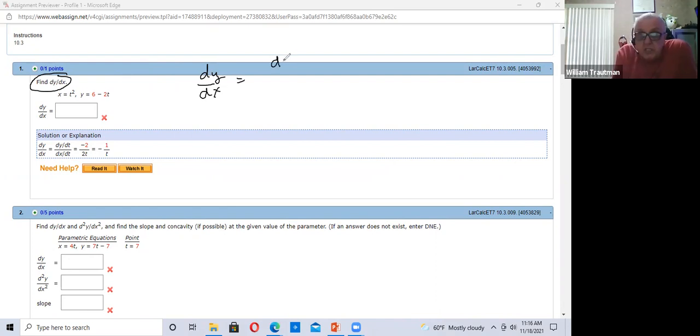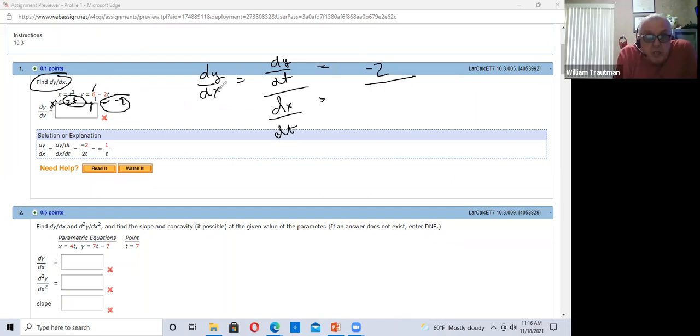is in parametric, take the dy with respect to t, then take the derivative of x with respect to t. Here, taking the derivative of x, you get 2t. Derivative of y here, that's 0, so that's just -2. -2 for y, and 2t for x. So this becomes -2, the top. The bottom becomes -2t, sorry, I said x, but that's a t. -2t, -2's cancel, so we're left with 1 over, wait,